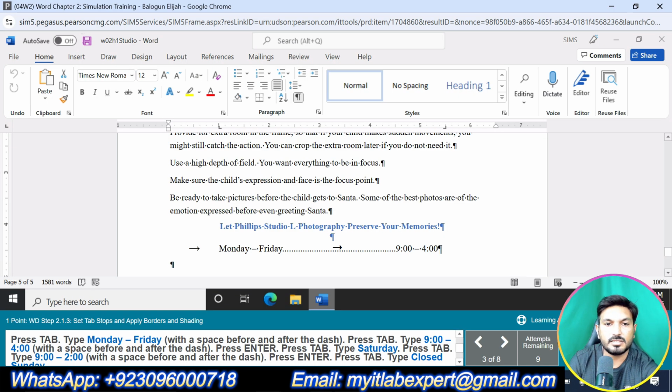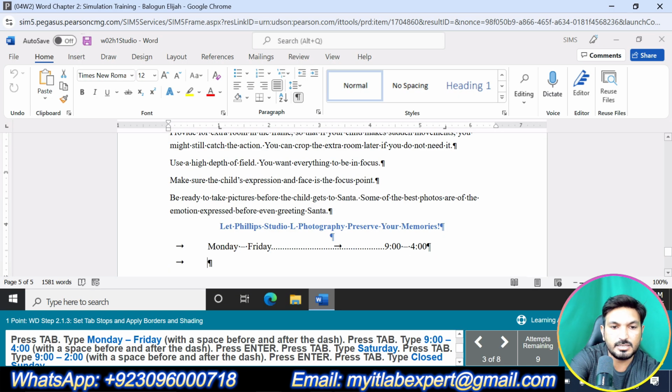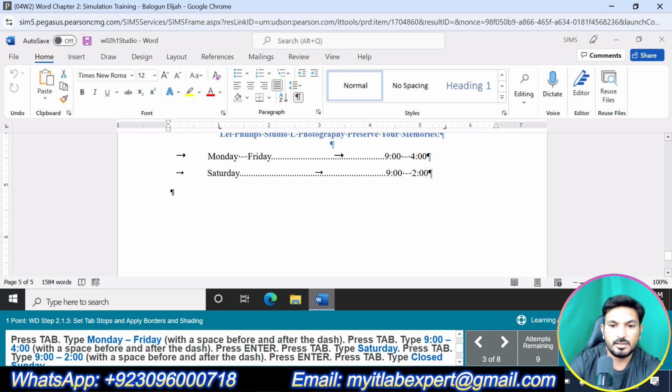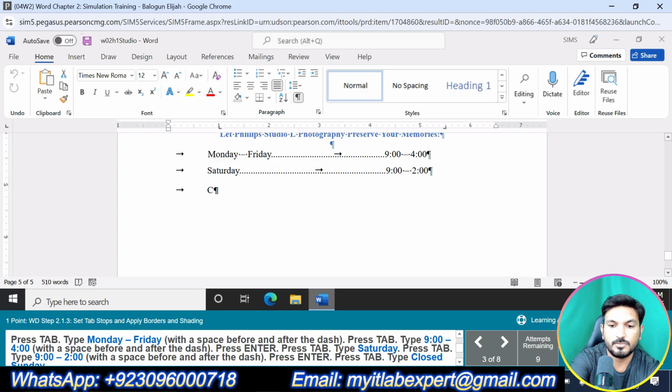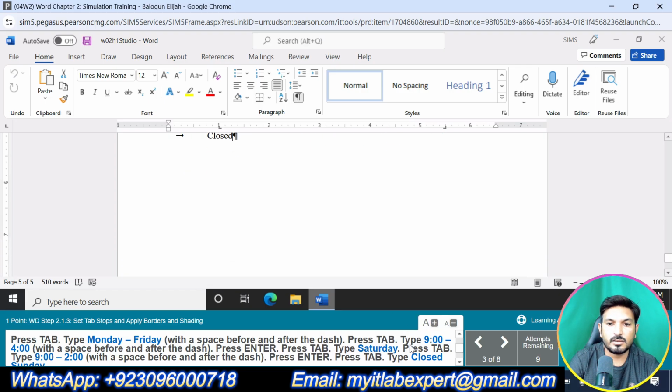Again press tab, type Saturday, press tab, type 9 to 2, press enter, press tab and type closed. Then type Sunday, press tab and type closed.